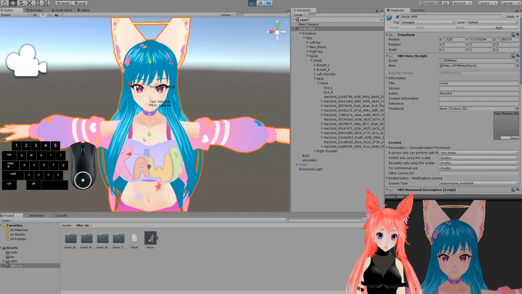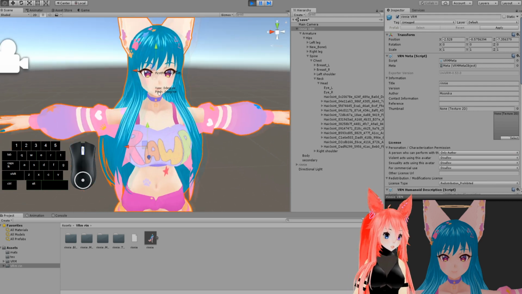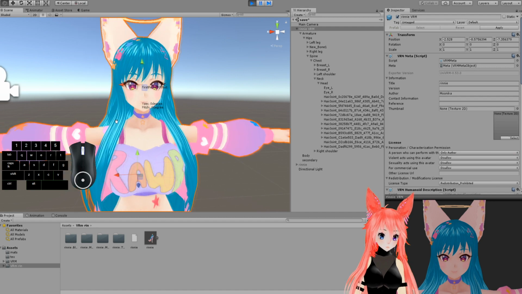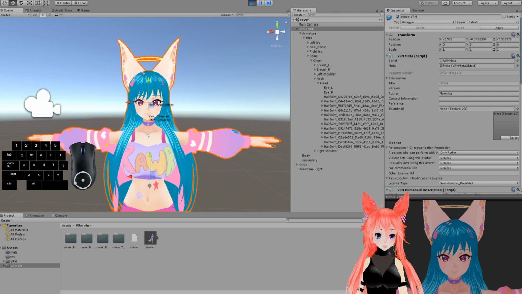Rini does have a chest. Alright. That's bigger than her butt somehow, but I'm not gonna judge. Okay, now